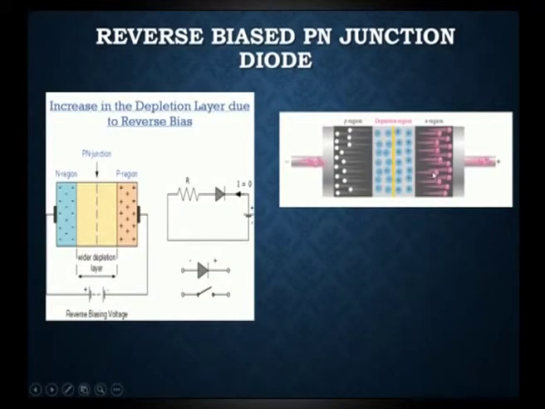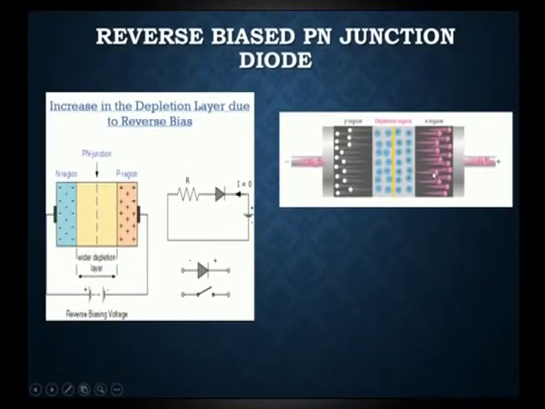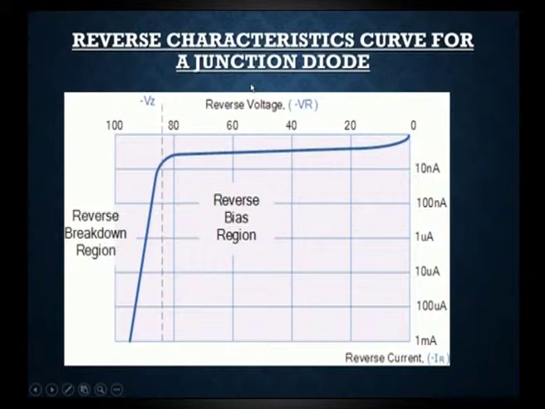So, when we increase the voltage, as the voltage is increased, the depletion region is going to be reduced. So, the electrons present in the p region will acquire sufficient energy to cross the depletion region. At this point the diode in reverse bias mode is said to be in breakdown, and the particular voltage at which the breakdown occurs is called the breakdown voltage. After the breakdown voltage, with a small change in the voltage, there will be a large change in the current. This can be observed in the characteristics of reverse bias in a PN junction.